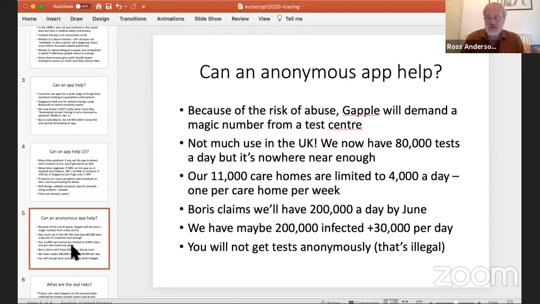You've been detected close to an infected person, please put in your credentials here. That's happening already. So what do you do? Well, the anonymous things like the Google, Apple things say you have to get a magic number from a test